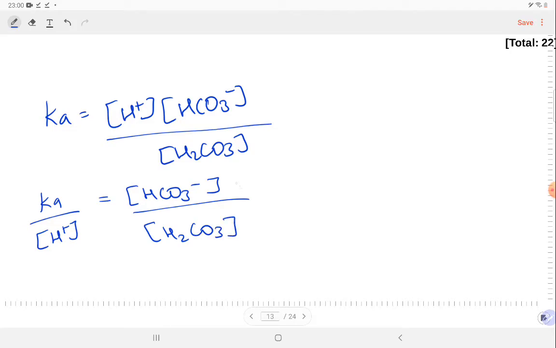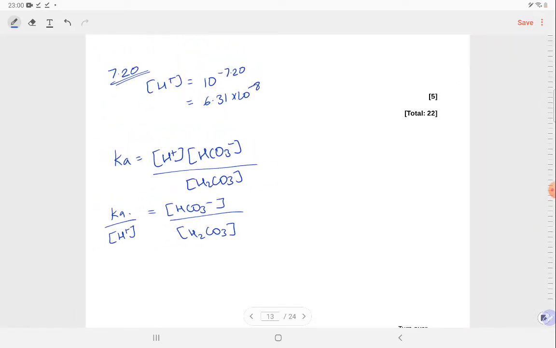Think about it. Hydrogen carbonate to carbonic acid ratio is the same as the Ka to the H plus ratio. So you don't have the values of these ones, but you do have the values of this one and this one because you just worked them out. That's going to give you the same ratio as the hydrogen carbonate to carbonic acid ratio,